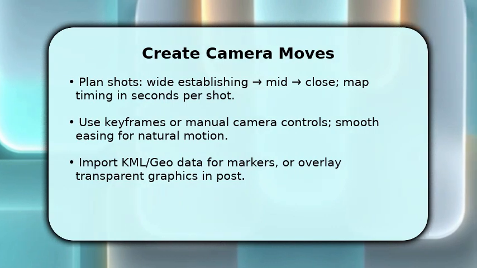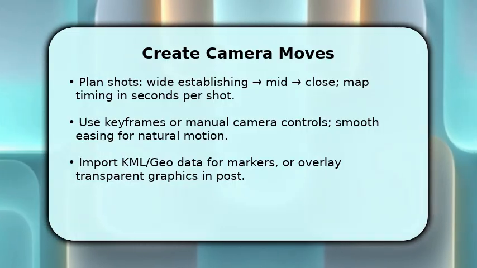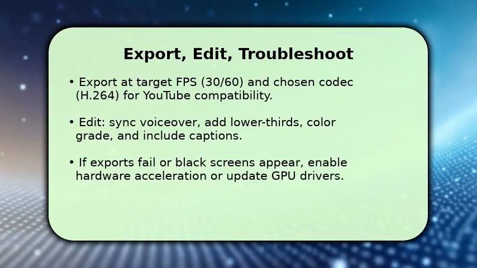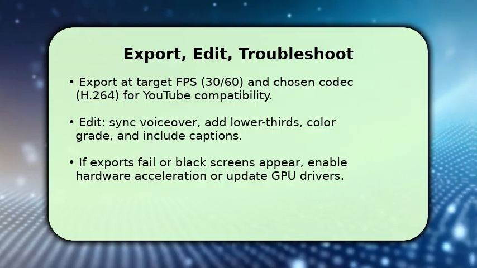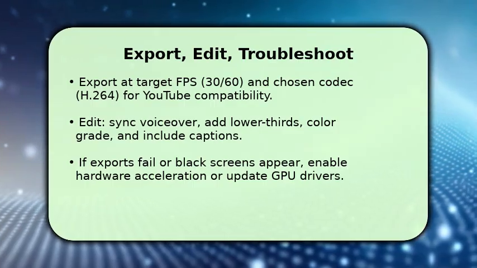and editable. Finish by exporting your footage at your target FPS, 30 or 60, and use an H.264 or H.265 codec for YouTube compatibility. Then bring clips into your editor, sync your voiceover, add lower thirds and location captions, and color grade for contrast